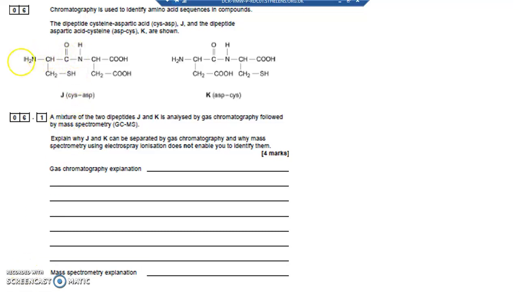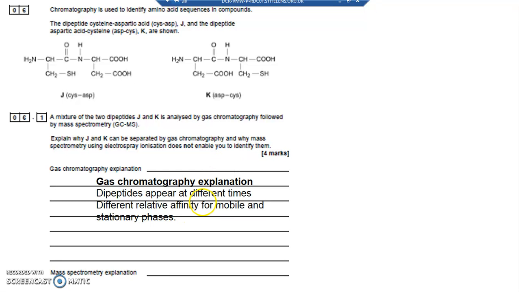A mixture of two dipeptides, J and K, can be separated by gas chromatography and by mass spectrometry. Let's try and explain the two then. Gas chromatography explanation. So what actually happens in gas chromatography is that you have beads in a tube, and they're the stationary phase, and they attract the amino acids. And you push an inert gas, a gas that doesn't react with the amino acids, along the tube. And what actually happens then